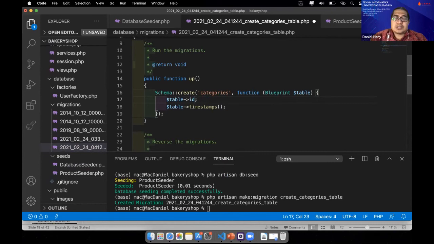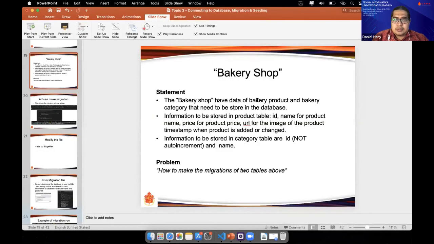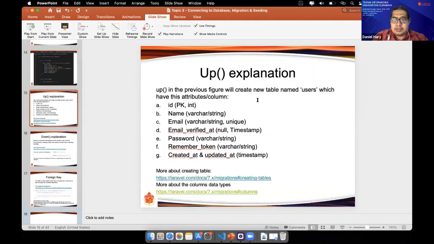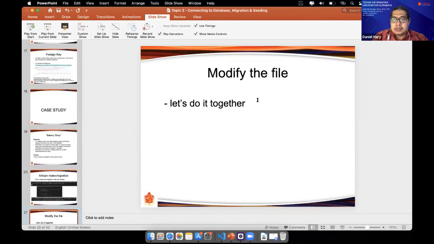For the first data, it will be 1. For the second data, it will be 2, etc. So I think it is okay for the ID like this one. Okay, we just follow it. We can just follow this one in the migration file of a relation.